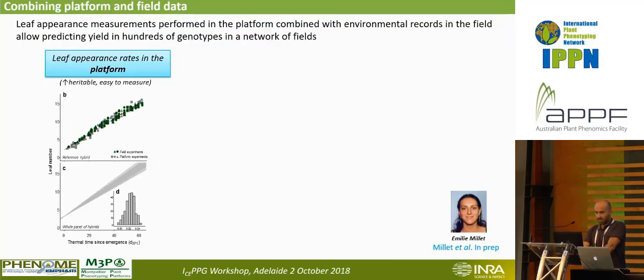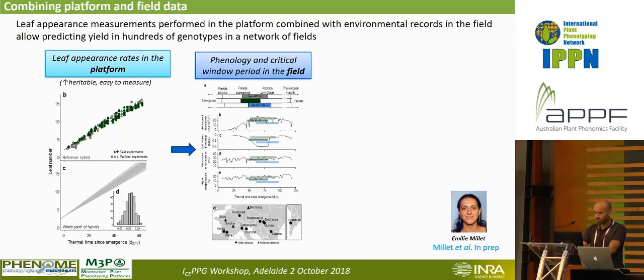Similarly, this is a work of Emily. Thomas showed it in a previous paper of Emily. And here she used the leaf appearance measurements that we usually perform in the platform, which are quite easy to perform in the platform but difficult to perform in the field, and that indeed are highly heritable. So she used these leaf appearance rates that are very heritable, and she used this information from the platform to establish in the field, in the same genotypes,